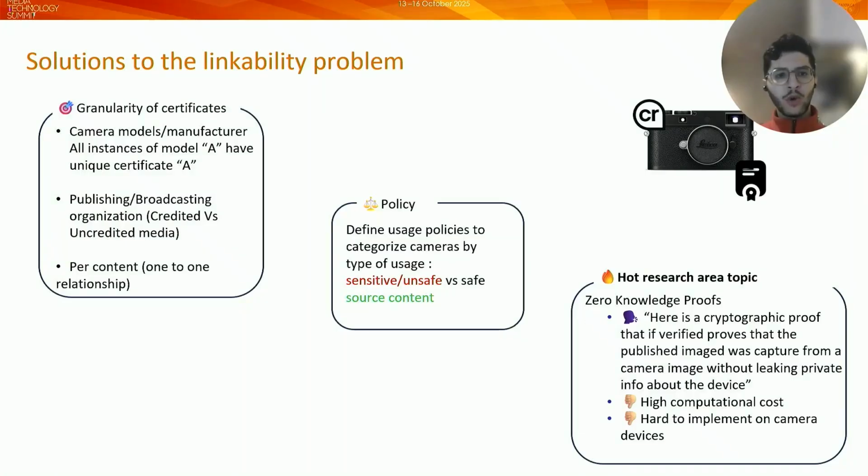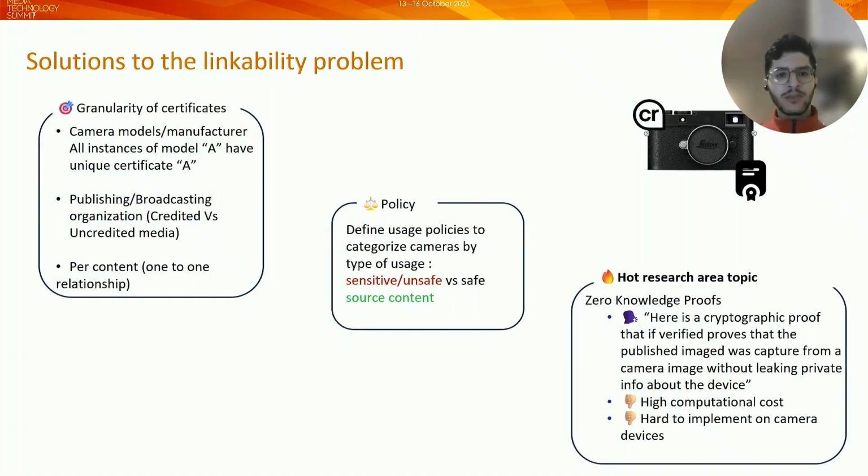Or go for an organization-level certificate so that all newsroom cameras use the publisher's or agency's certificate, like Sony's approach. The approach suffers from the same security risk as described before, however. Per-shot key rotation is also an approach where the camera rotates keys, so each photo is signed with a different certificate, approaching unlinkability. This approach is more complex in terms of implementation and requires advanced key management, handling, and improved